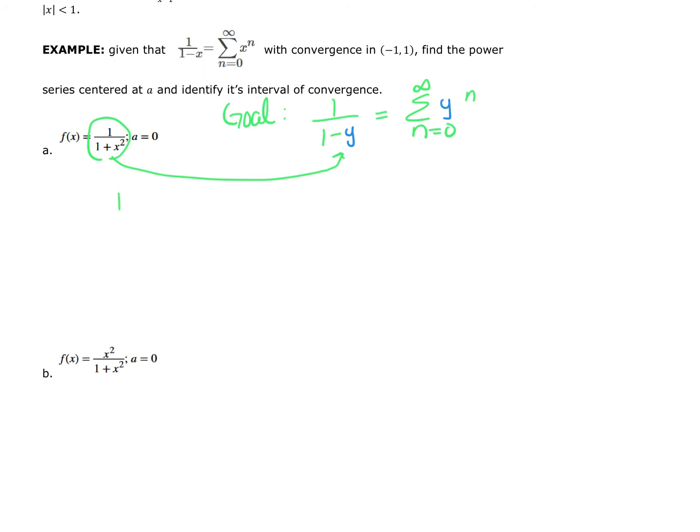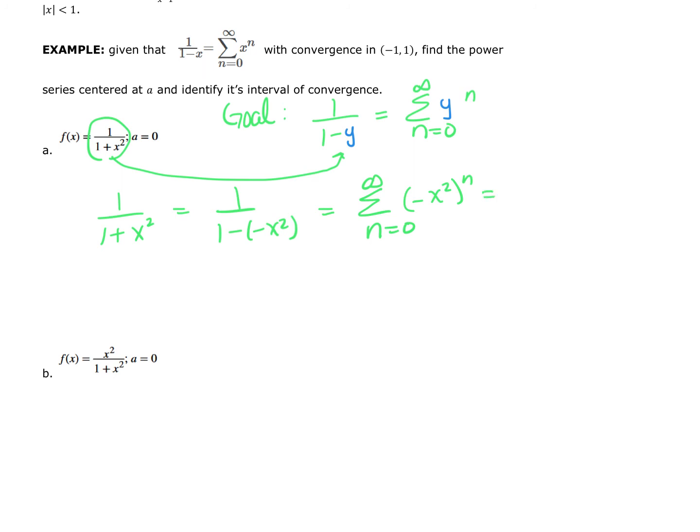So if I rewrite 1 over 1 plus x squared as 1 over 1 minus (negative x squared), this now matches this structure, which means that this is going to be equal to the summation of n equals 0 to infinity of negative x squared raised to the n,